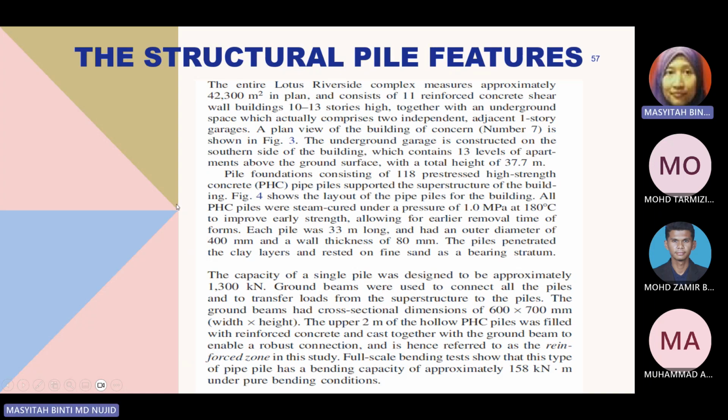Okay, what is important to take from here is the structural pile features. The failure occurred due to soil structure interaction. The soil structure interaction comes from the soil beneath the structure of the high-rise building, and the structural features come from the deep foundation that carries the load from the superstructure. However, again, the problem is not due to the pile itself, but the failure occurred due to the construction